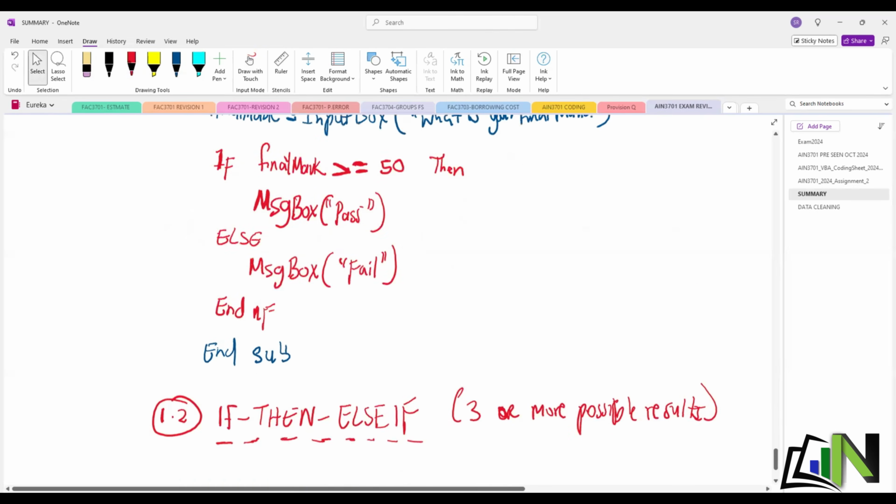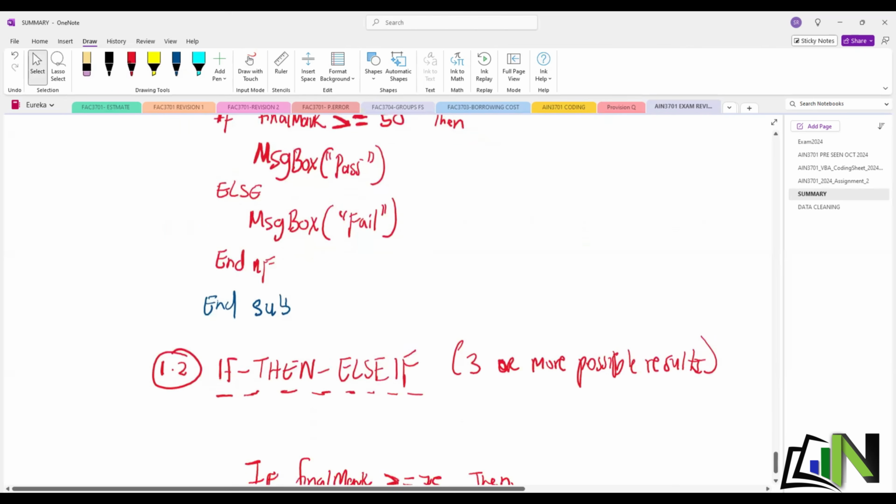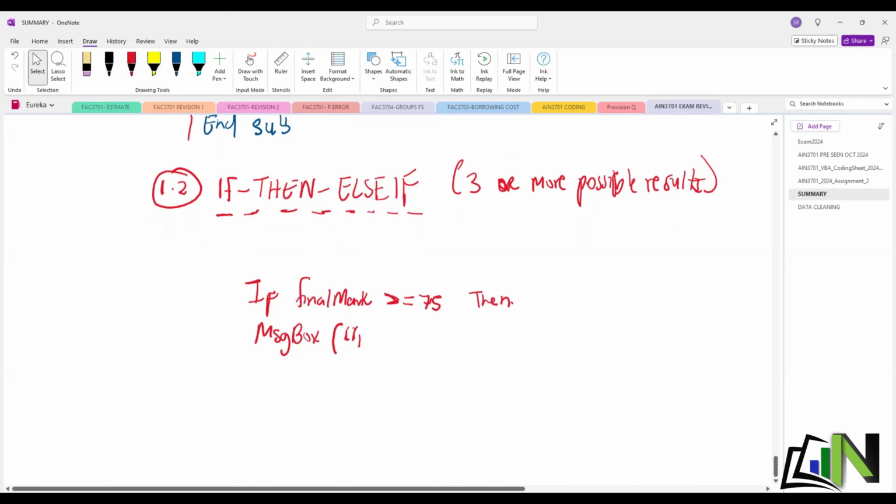Remember, we had already put an input box, all these procedures are the same, and even this. I'm just changing the inside. So the message is going to say distinction. So you have not just passed, you've passed with distinction. Right, else if